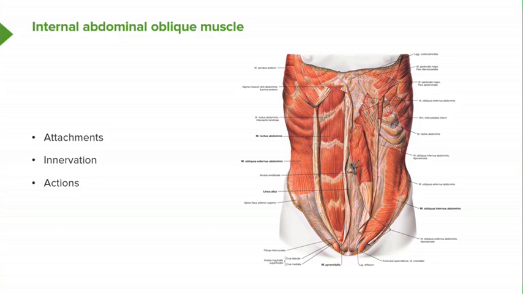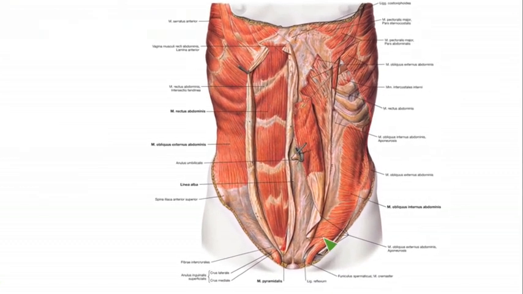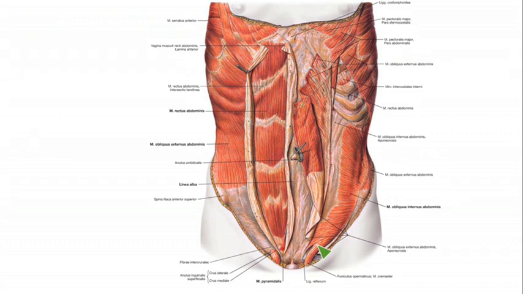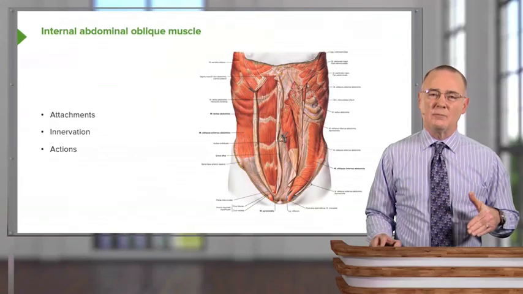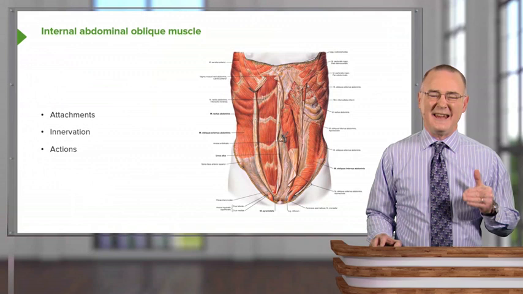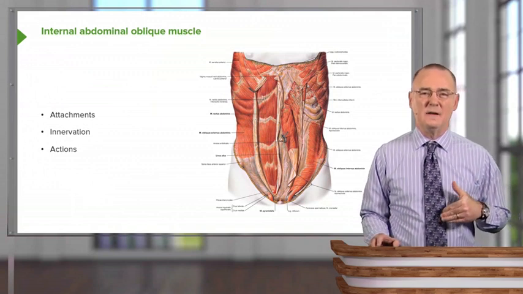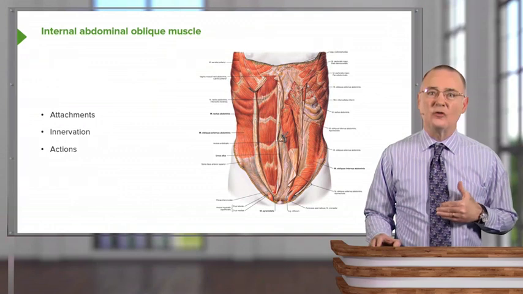so that would include 12, 11, and 10, and perhaps even rib 9. It would also insert into the linea alba, as well as to more inferior portions associated with the pubic bone. The innervation of the internal abdominal oblique will be by the anterior rami of the inferior 6 thoracic spinal nerves, T7 through T12, and it also picks up additional innervation from the anterior rami of L1, the first lumbar spinal